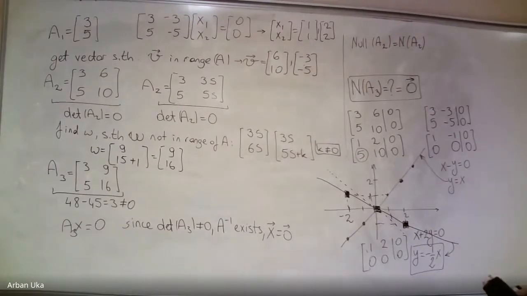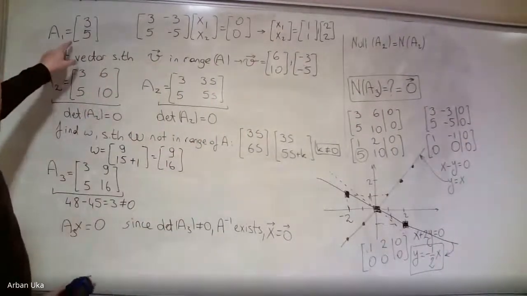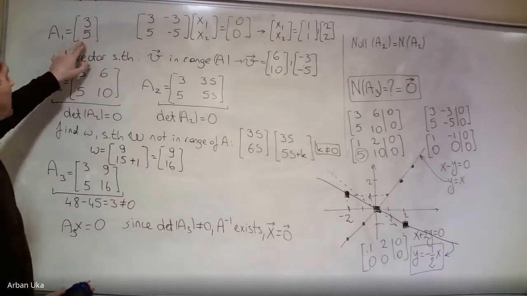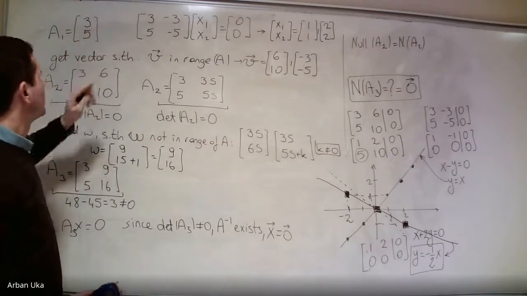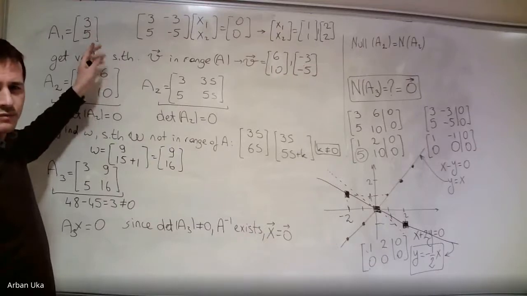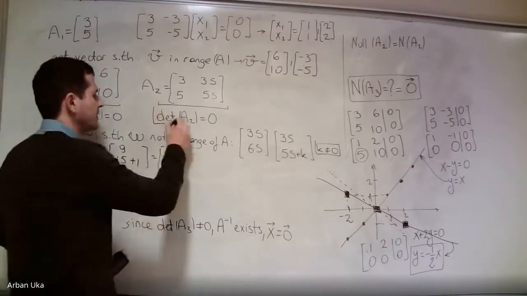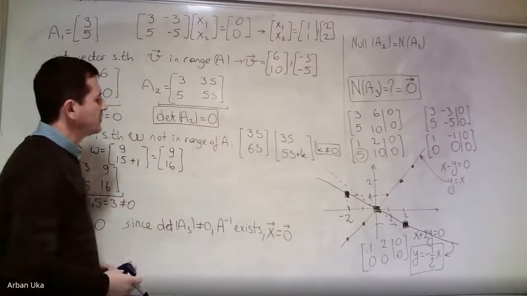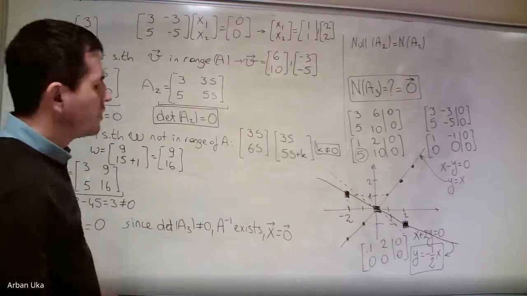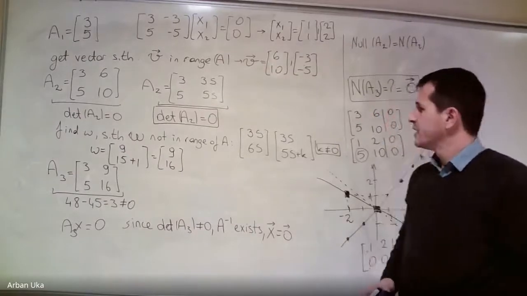So these are the null spaces of the matrix which was composed by the original vector 3, 5, and then the next columns were in the range of this one. As long as the new vectors are in the range of one of the columns, then all we get is this. Determinant is equal to 0. Wait a second, if the determinant is equal to 0, we might expect an infinite number of solutions. The problem is,